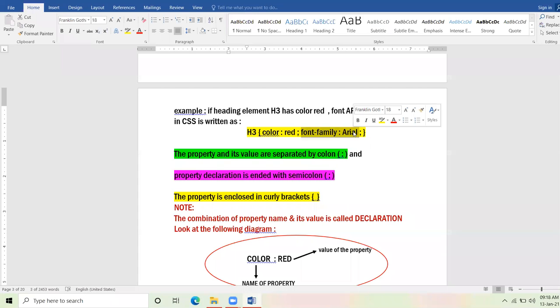I want my heading element H3 to be red in color and the font used is Arial. You can add one more property if you want. I want it to appear italic, so I can write font style italic. Am I totally clear up till here?